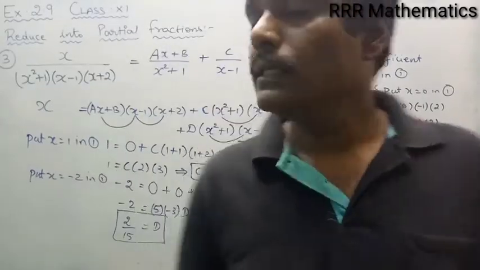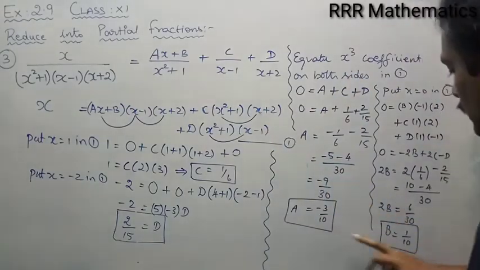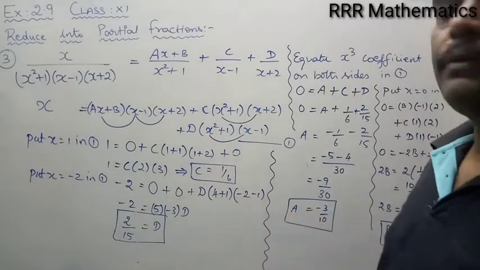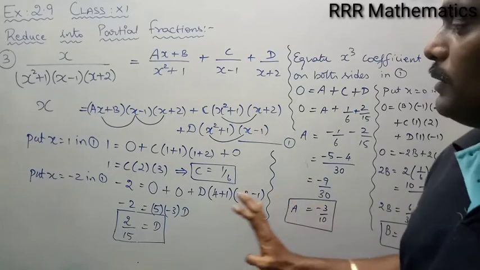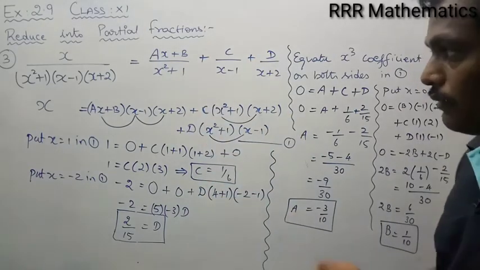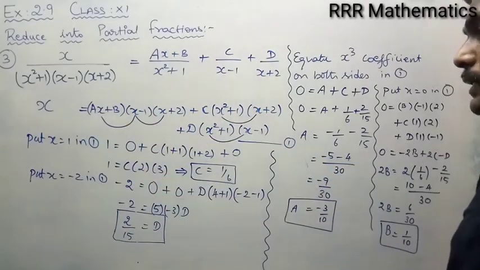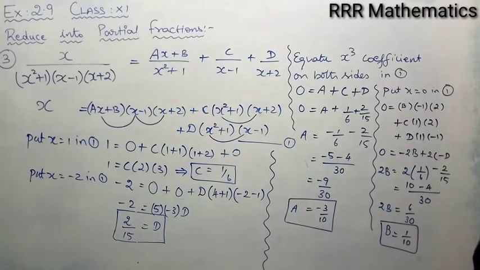In this case, we wanted to find the values of a, b, c, d. I got the values of a, b, c and d. Now we replace these a, b, c, d values and you will get the required solution. Here I have no space, I will drop this one, then I will replace the values of a, b, c, d here. Got it?